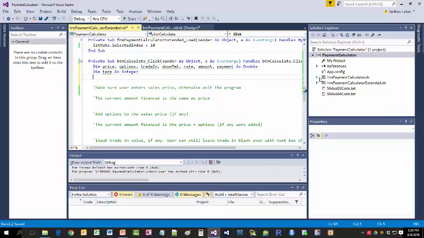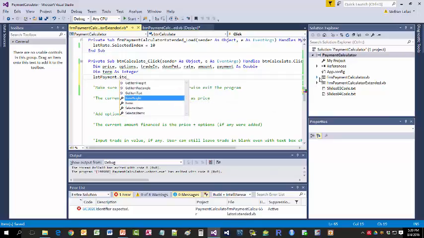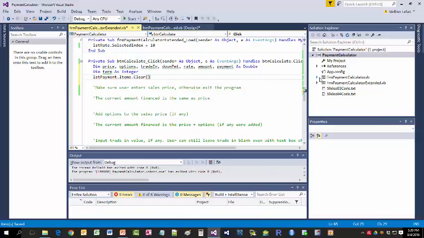Then we clear the payment list box after each of the clicks to calculate